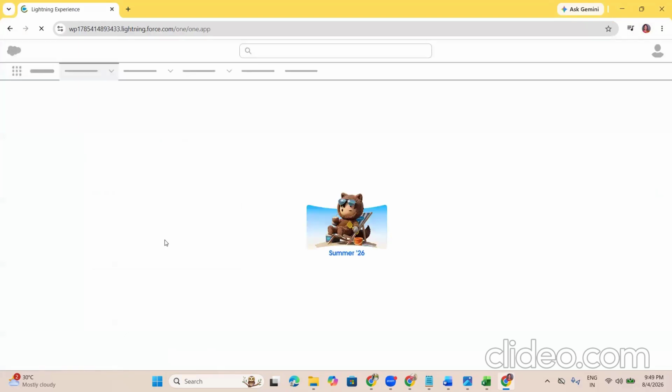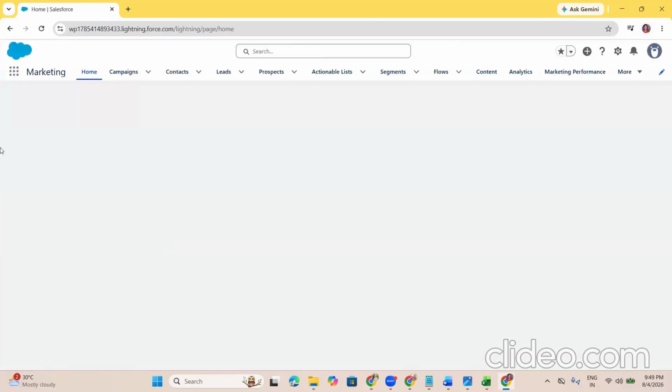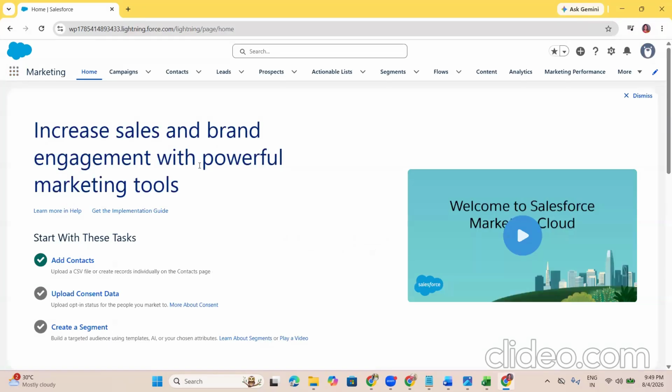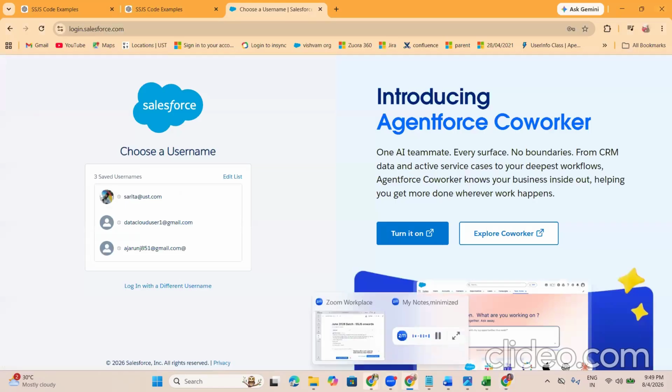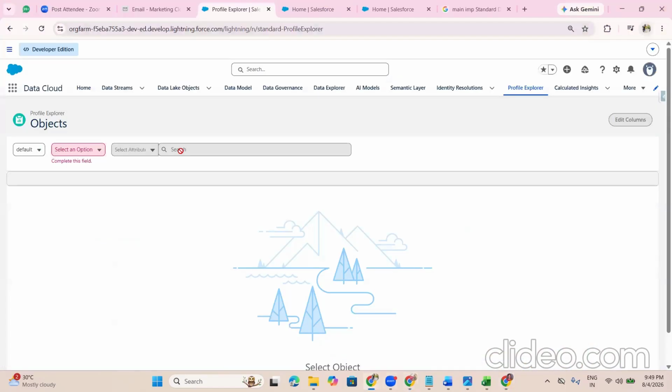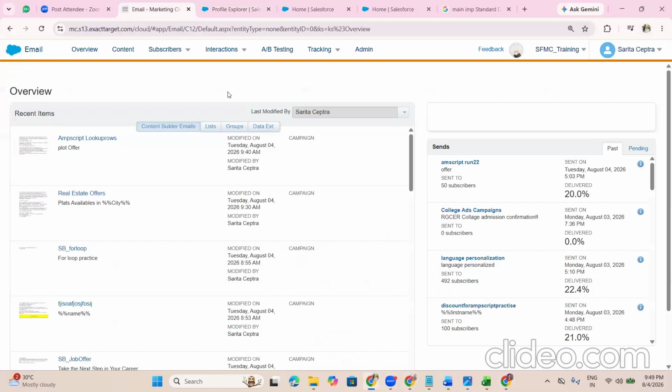ठीक है. अभी now we are seeing this marketing cloud next org. ठीक है. Now what I am showing, see here. So we have campaigns, right? In the legacy version, the older version, we create the campaigns, right? ठीक है. देखो. So I told you about the